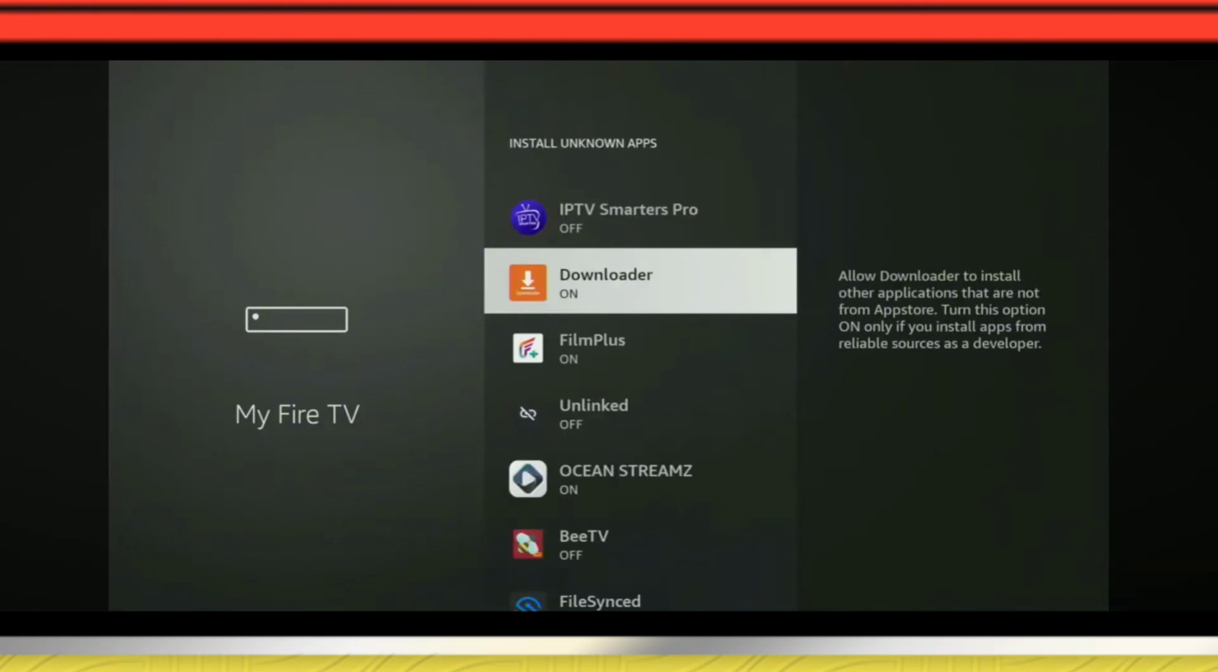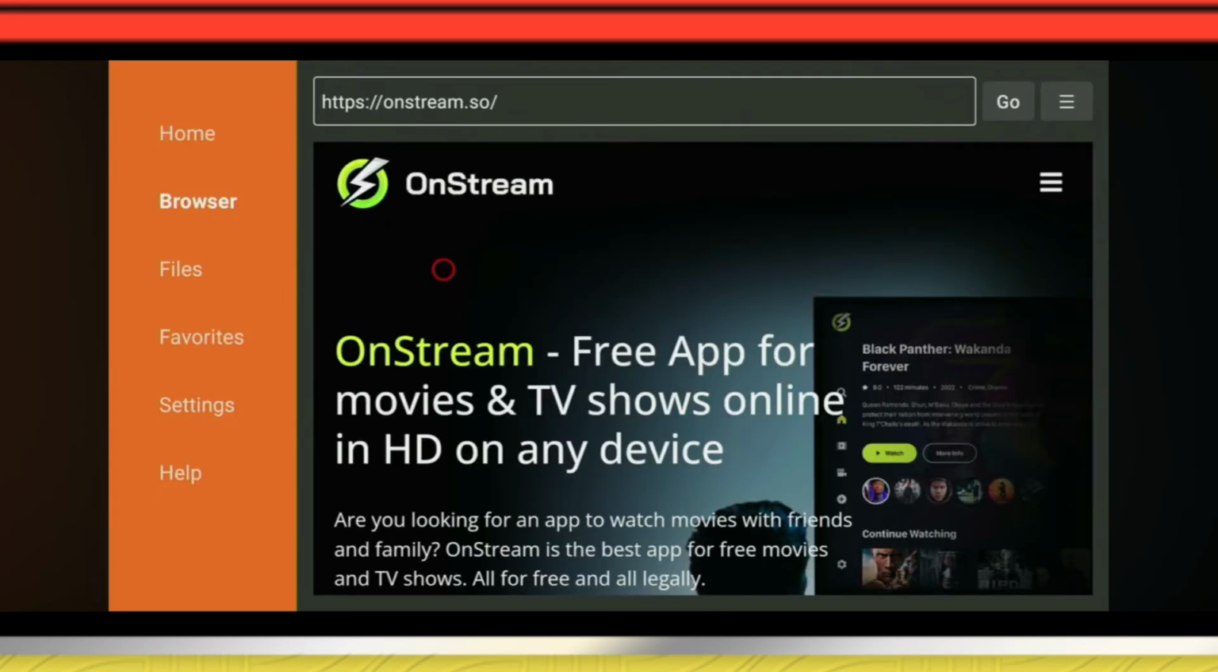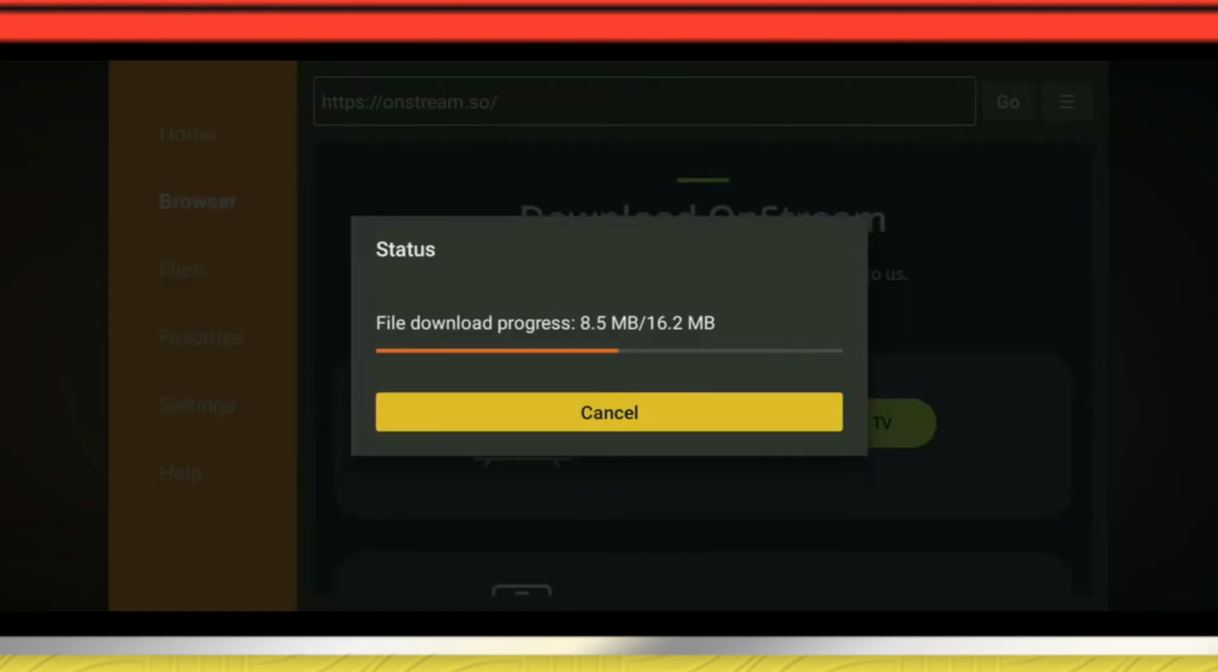When you turn on Developer Options and turn on unknown sources, just go back and open the Downloader app. When you open it, just search in a browser onstream.so. When you search it, you will get OnStream for Android TV. So just simply click on this and install it, and it will start downloading. After the file downloads, just click on Install